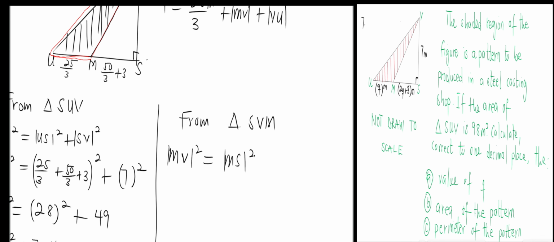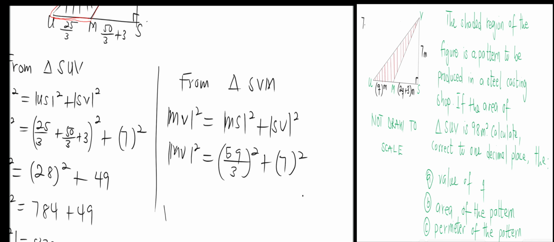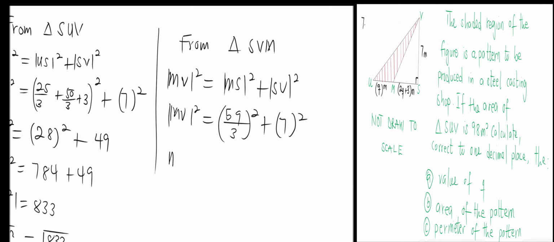MS squared plus SV also squared. So our MV squared here is equal to our MS, and our MS is 50 divided by 3 plus 3, okay, and that is 59 out of 3. 59 divided by 3 in bracket squared, then plus the height, which is the same as the SV, so 7 squared. All right, so we are going to get MV squared equal to